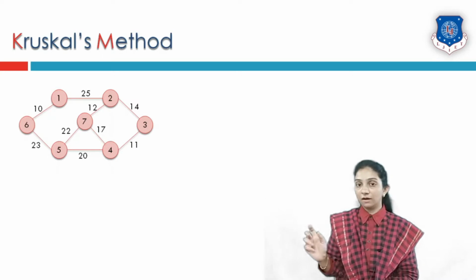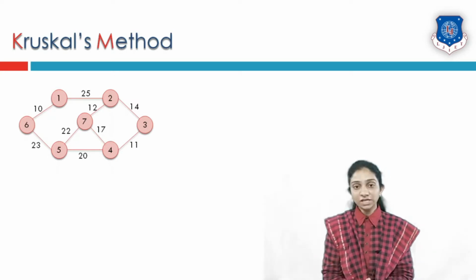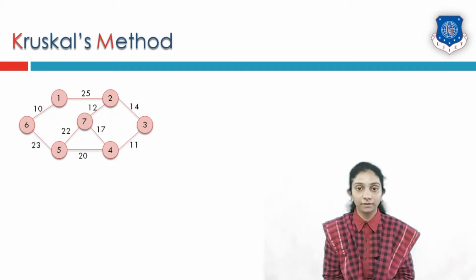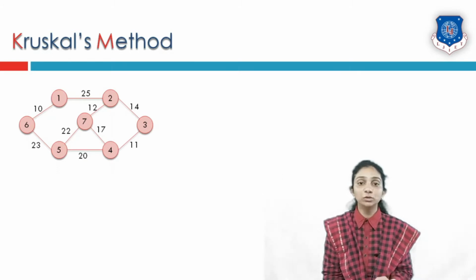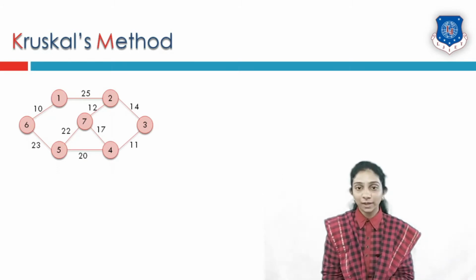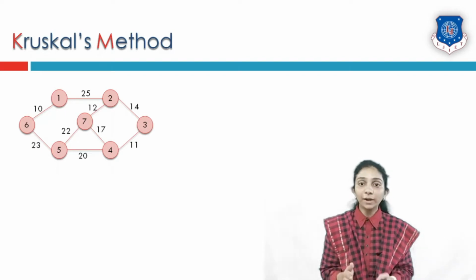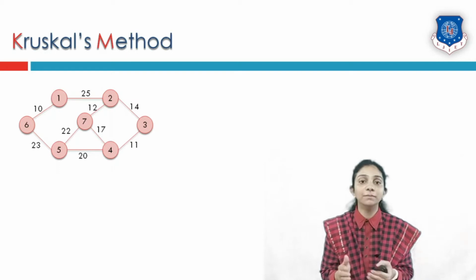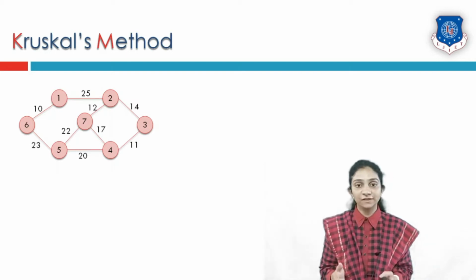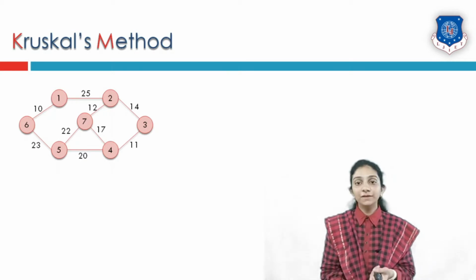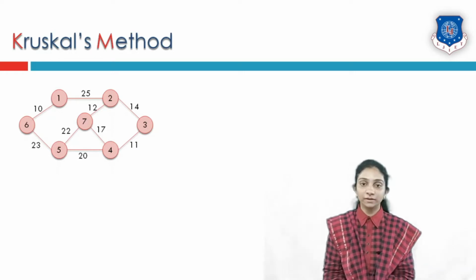Given a simple graph in which each edge is weighted. This graph is an example of a weighted undirected graph, from which we have to generate a tree in such a way that all the vertices of this graph are connected, provided that the tree has minimum weight. The weight of a tree is nothing but the sum of the edges that are included inside the tree. For that reason, we will work as per the Kruskal method.